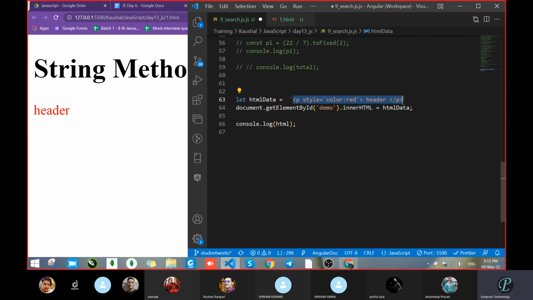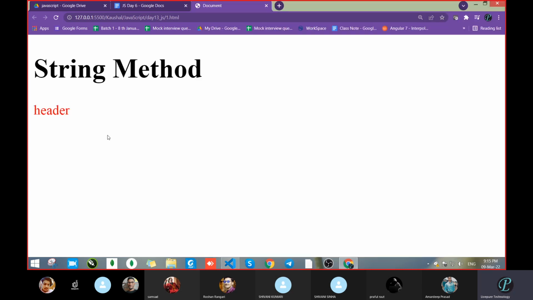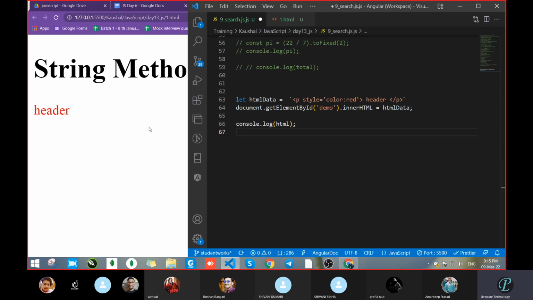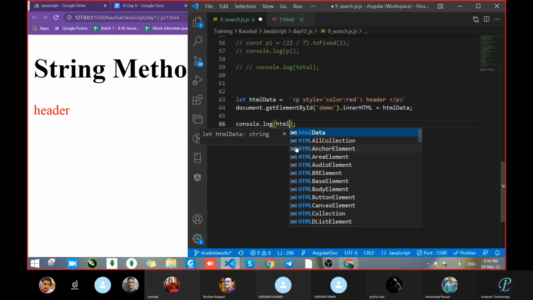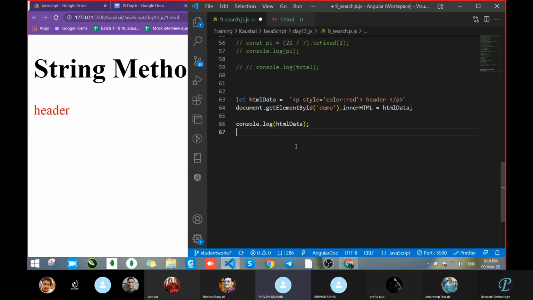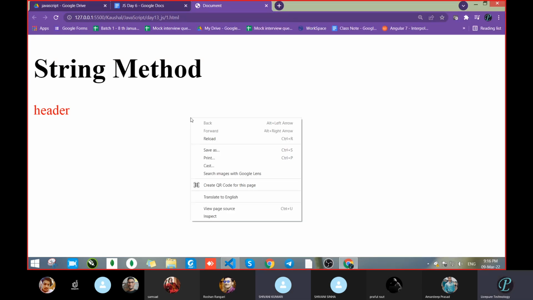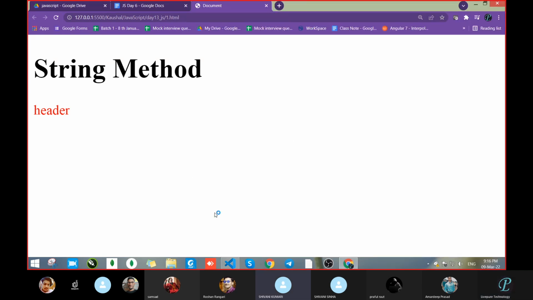According to the tag it will display the output. But if you display the same thing in the console, what will the output be? Will it be like this, or the complete line? What are you thinking? What will come in the console? Hello, complete line. Let's see.